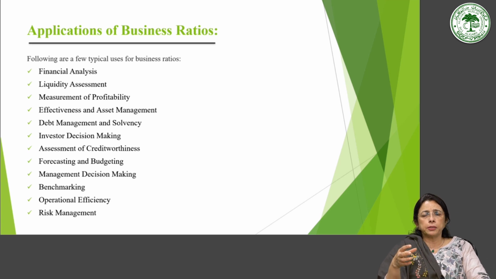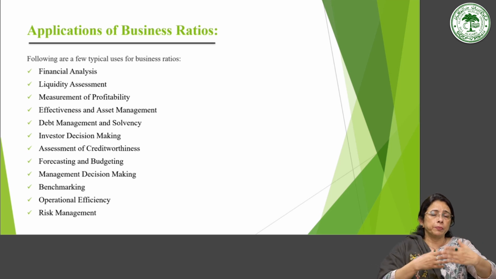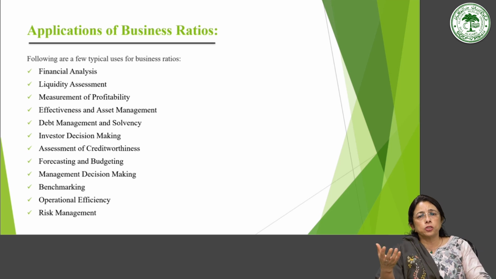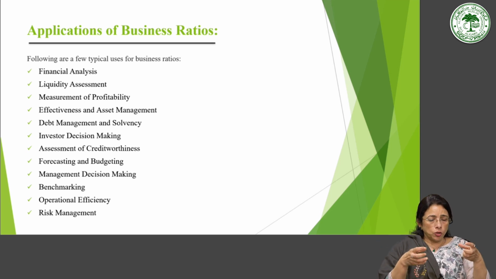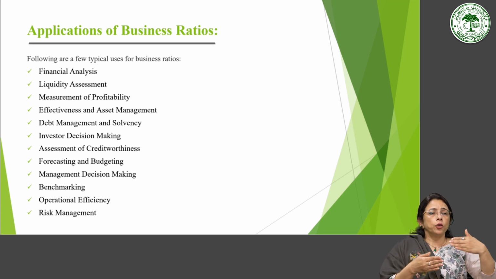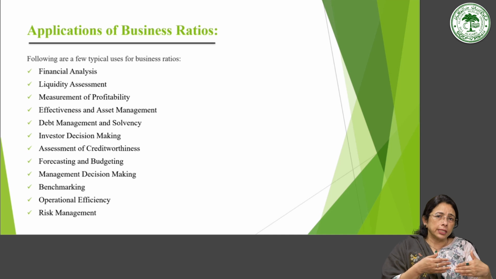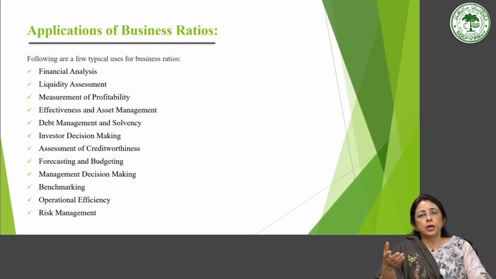determining the areas in which a business might be overperforming. We also understand what the gray areas of the business are, where it is underperforming, or we can compare it with the competitors, and we set the benchmarks that, okay, we have to follow this path, and we have to reach these goals or attain these objectives. So once you know the results of the ratio analysis, they will indicate whether you have a poor health, or whether the business has a good health, and accordingly we benchmark things, and we plan the strategies accordingly.